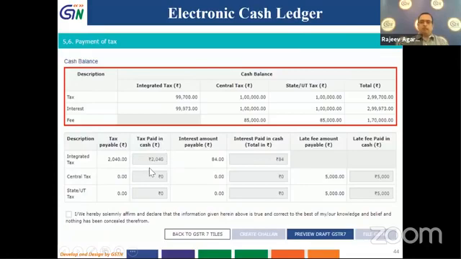Then tax paid in cash is shown as 2040. This is auto populated. The system auto populates it, and I can make changes if I wish later on. Then the interest amount is also auto populated. Since I have sufficient amount in my tax balance and in my interest balance, these amounts are auto populated. I can click on preview draft GSTR 7 and review the details, or I can proceed to file GSTR 7. But what we'll see is the case where, supposing I don't have enough balance over here,